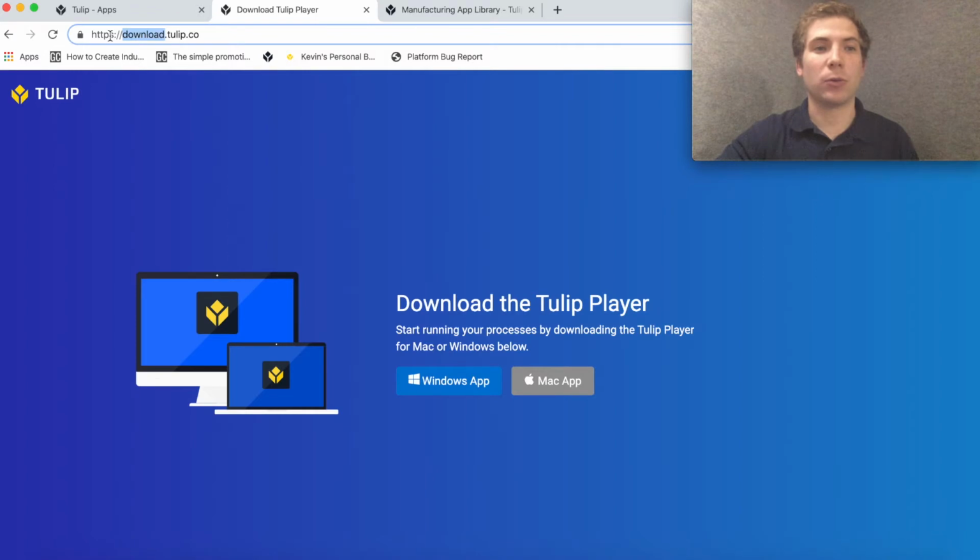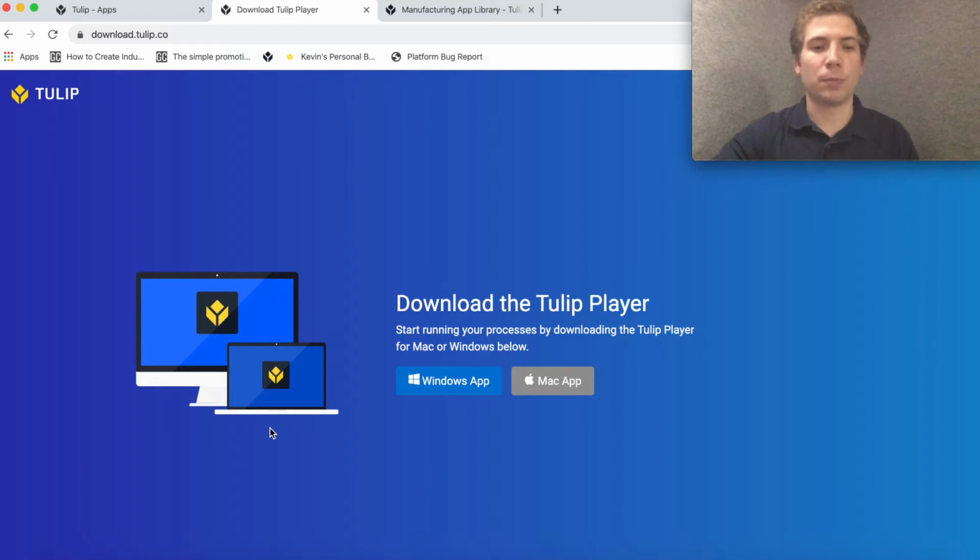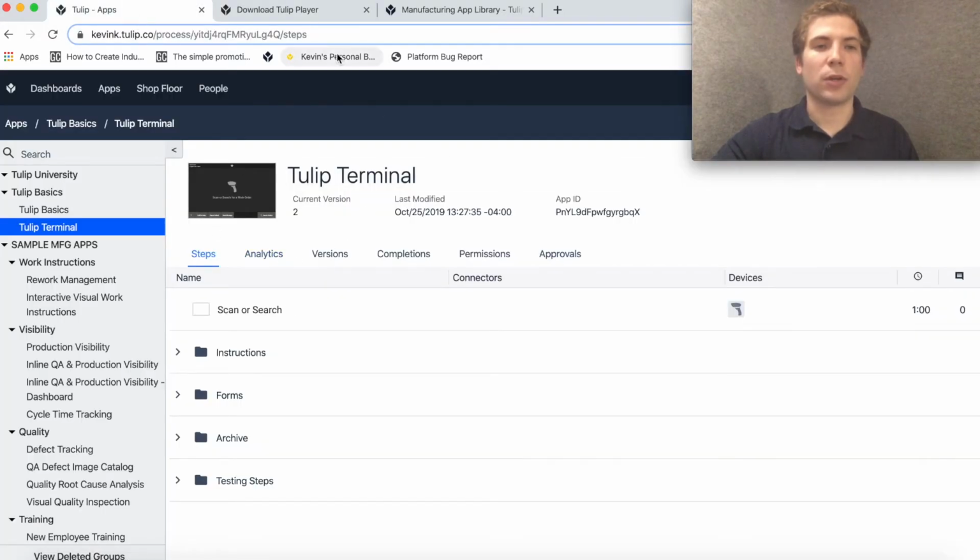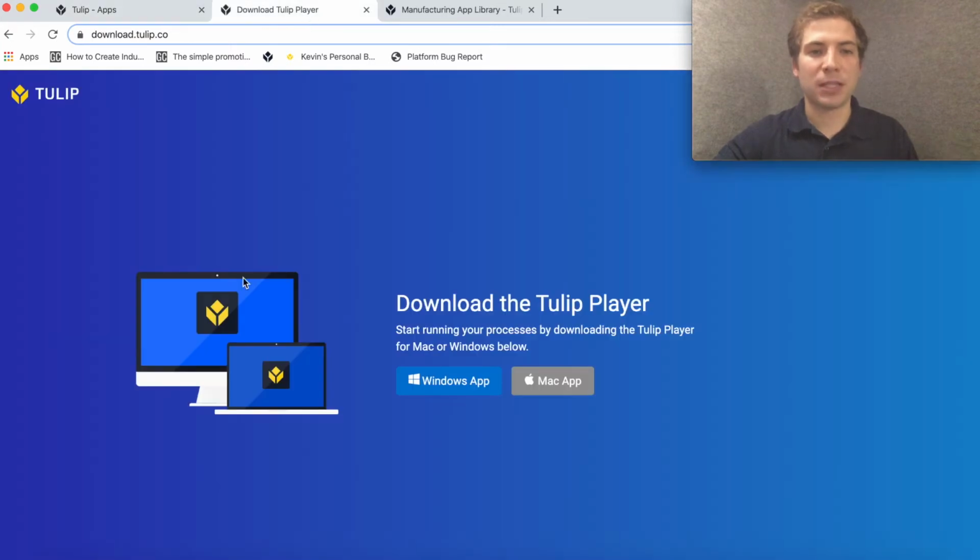It's at download.tulip.co. And the Tulip player is actually a separate downloadable application that you should put on different tablets and computers that are running out on the floor. And then once you've downloaded it to those computers, you can load up any apps that you specify from Tulip. So, in your organization, you might have one person, a manufacturing engineer, that's an expert at building apps, but then you have 10 different devices that have downloaded the Tulip player, and those are the ones that are running out